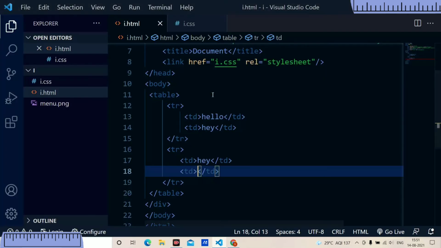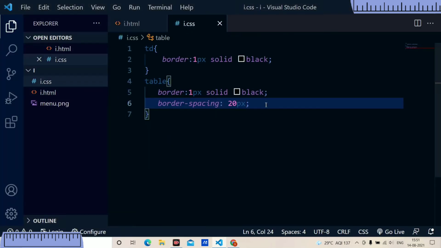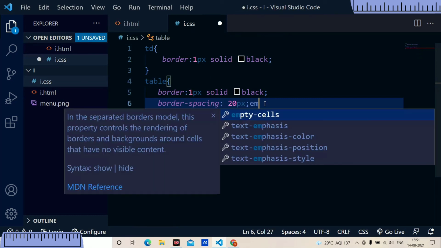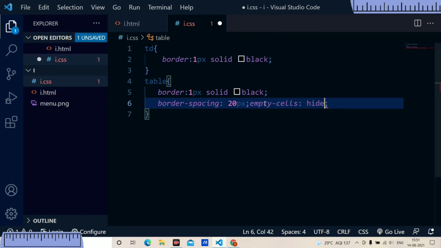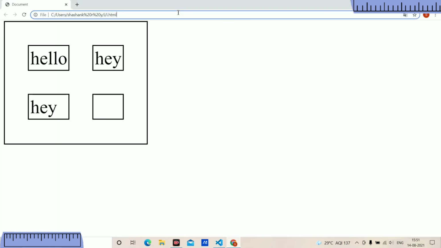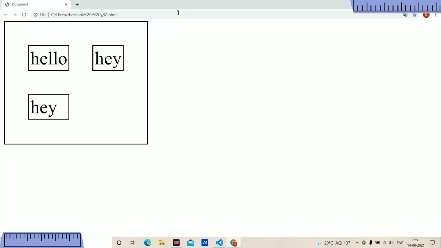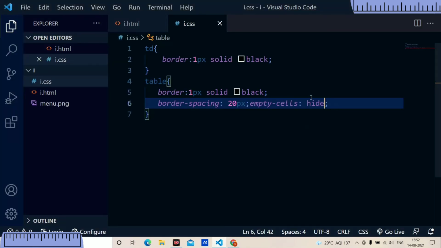And if I use this empty cell and I just use hide, it will just hide that column which has no value in it, because this fourth column doesn't have any content. It is just hidden by this automatic empty cells. This is how the empty cell works.